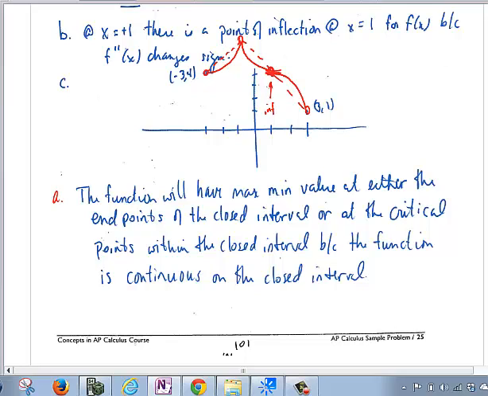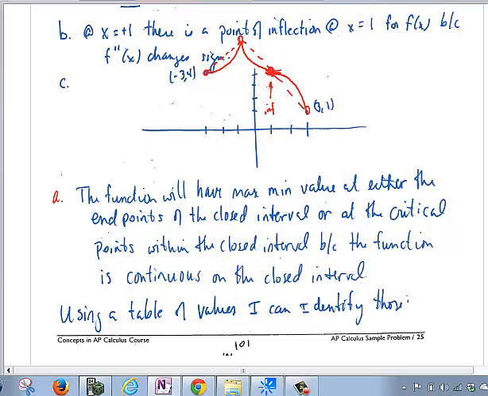So we're going to make a table. Using a table of values, I can identify those points. So my table, I'm just going to draw it right next to here. I have x and f of x. I want to put on the table my endpoints. So my endpoints are at -3, I had a value of 4. At 3, I had a value of 1. And at